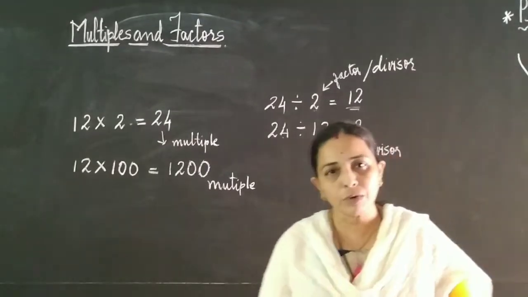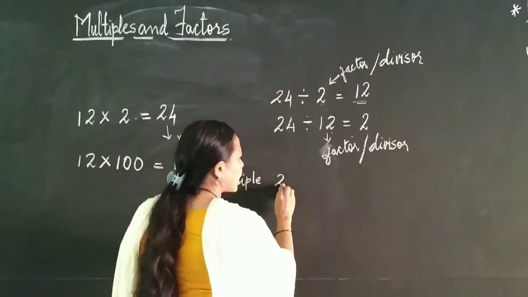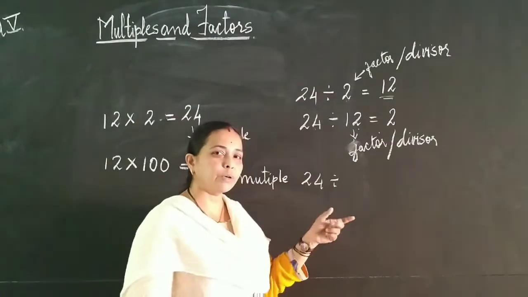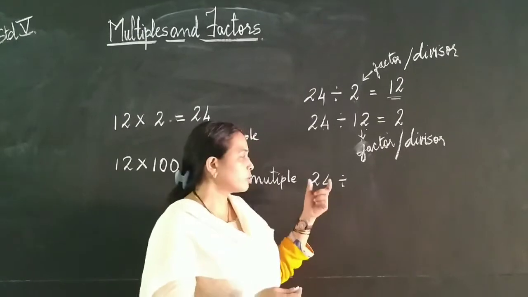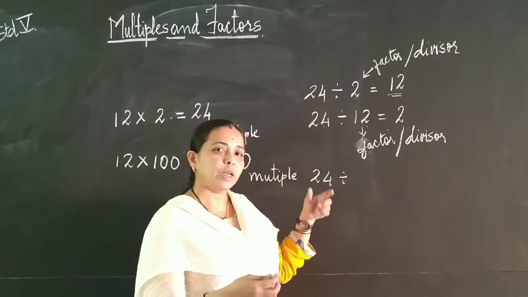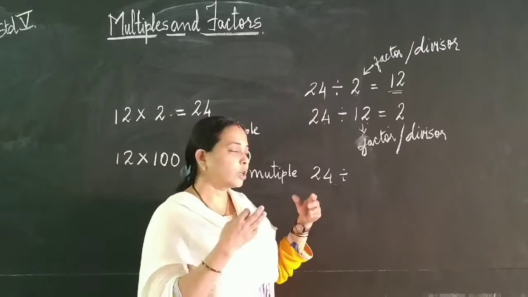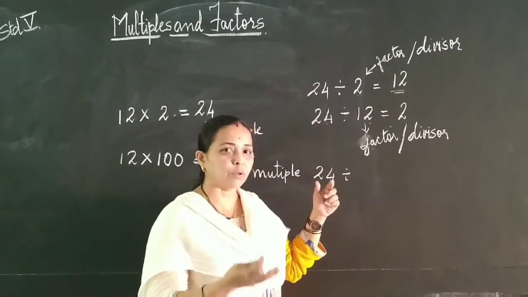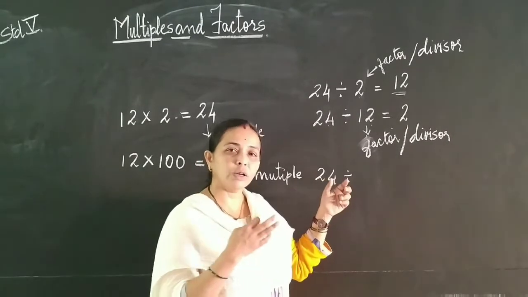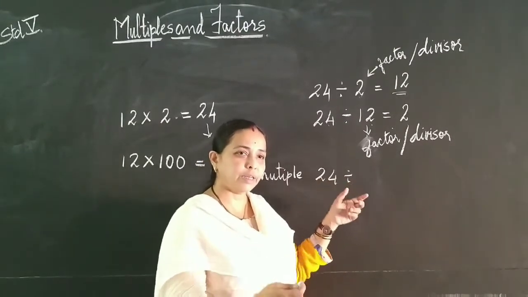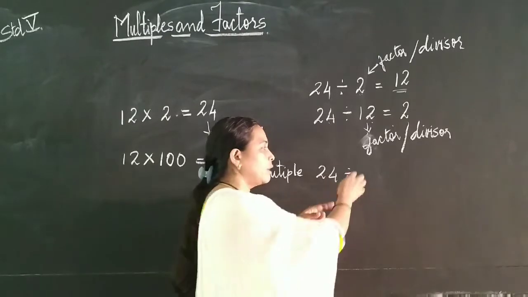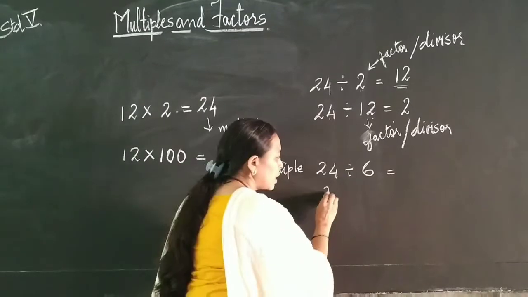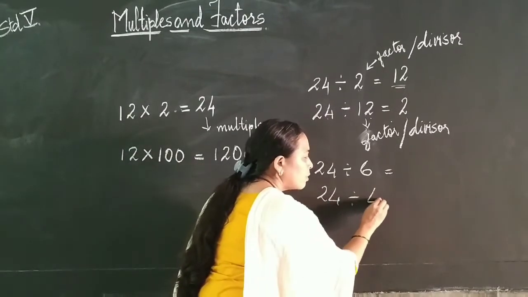You can find out one more number by which 24 can be divided completely. Okay, find out one more number. So what can be the number? It can be 3, it can be 4, you have to think. It can be 6. 6 how many times for 24? 6 ones are 6, 6 twos are 12, 6 threes are 18, 6 fours are 24. So you can divide this 24 by 6 also. You can divide the 24 by 4 also.